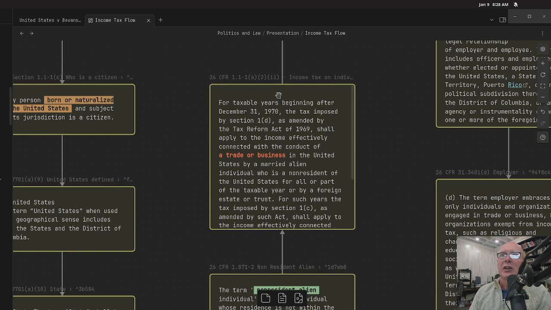Now, this is income tax on individuals. So this is what they are talking about with who has to actually pay the tax. The tax imposed by Section 1(d), as amended by the Tax Reform Act of 1969, shall apply to the income effectively connected with the conduct of a trade or business in the United States by a married alien individual who is a non-resident. Okay, now, this section is interesting because